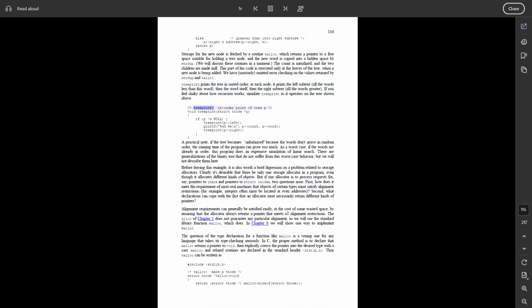/* treeprint: in-order print of tree p */ void treeprint(struct tnode *p) { if (p != NULL) { treeprint(p->left); printf("%4d %s\n", p->count, p->word); treeprint(p->right); } }